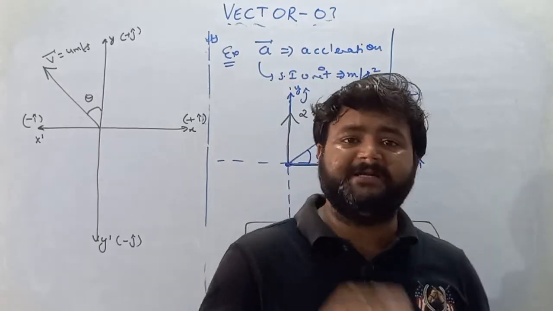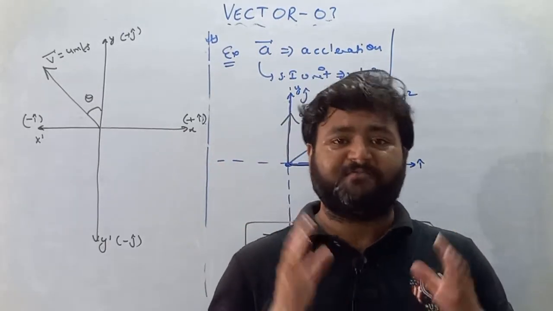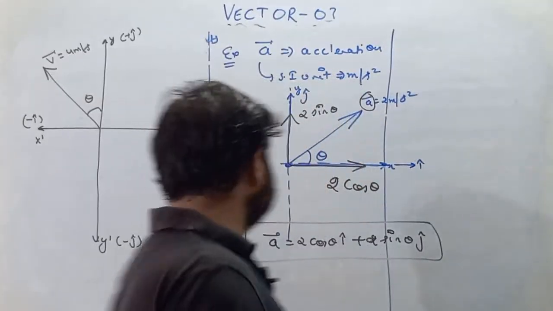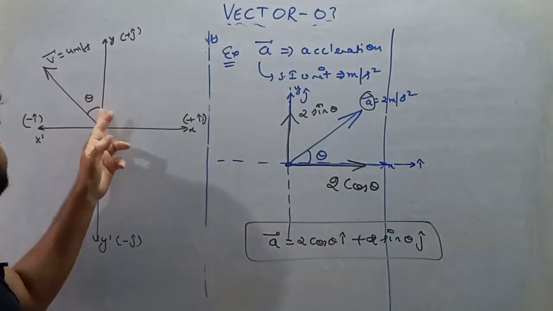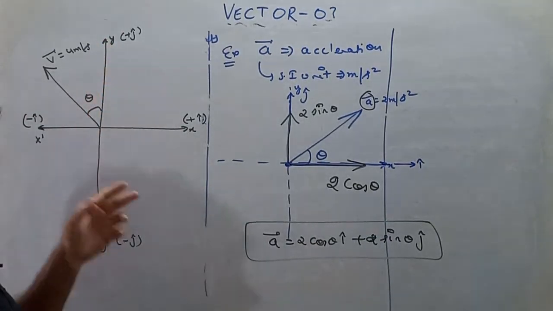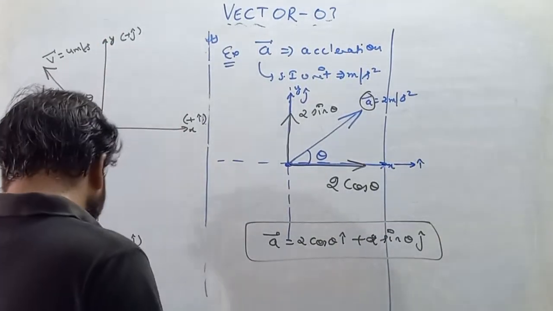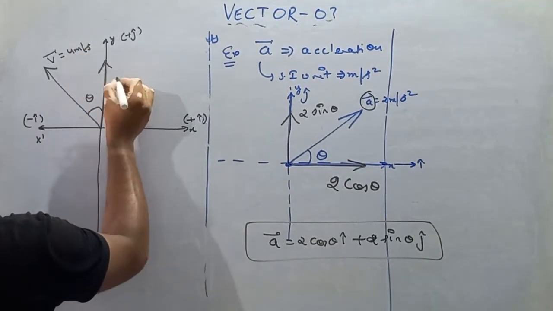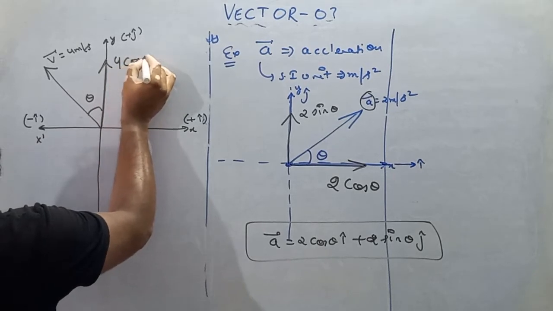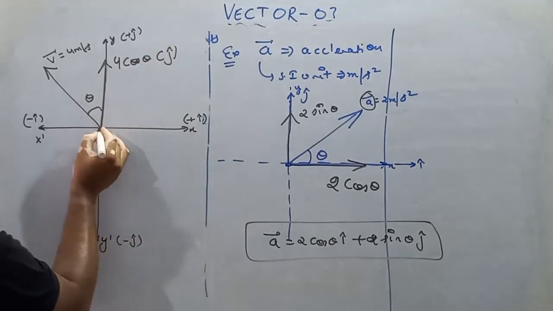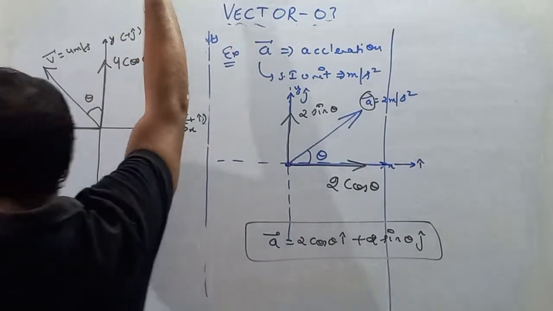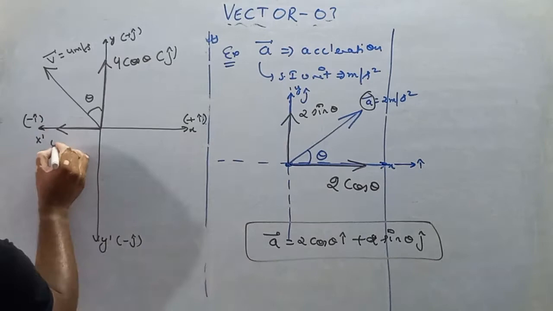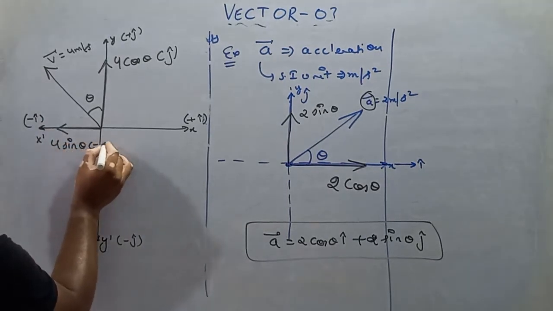The cos component must lie along that line from where the vector quantity is making the angle. So in this situation, dear student, velocity is making angle theta with the y-axis. So I'll make the component of cos along the y-axis because the magnitude of velocity is 4. So 4 cos theta j cap, and the second component will be like this because both the components must be perpendicular to each other. So I'll write here 4 sin theta minus i cap.